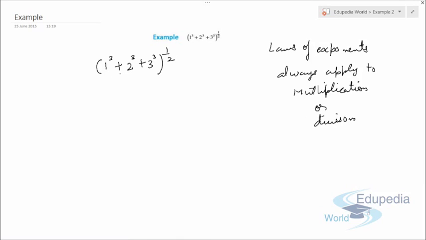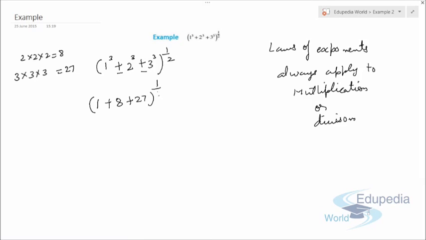Now here we have an addition sign, so we cannot apply laws of exponents, so we have to solve the parts individually. So 1 cube is 1, plus 2 cube is 2 into 2 into 2, which is 8, plus 3 cube is 3 into 3 into 3, which is 27